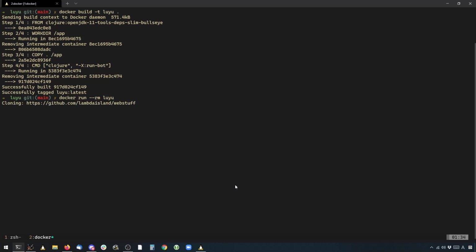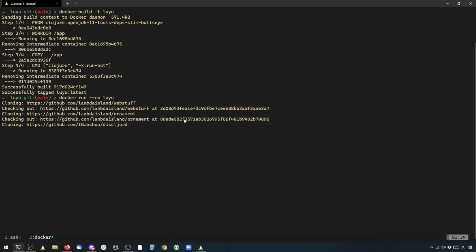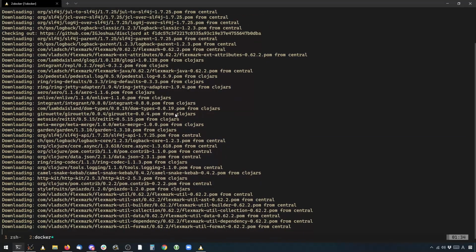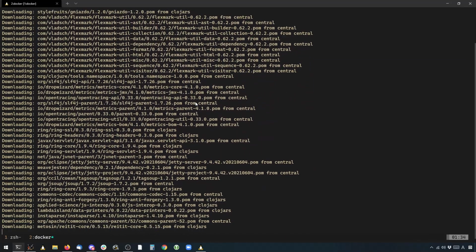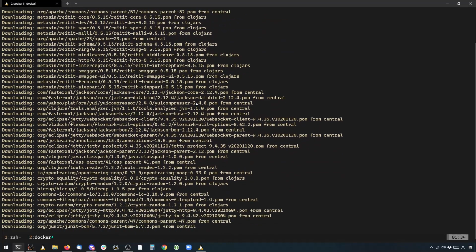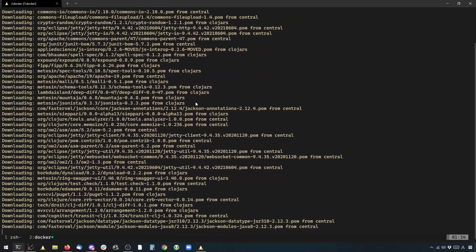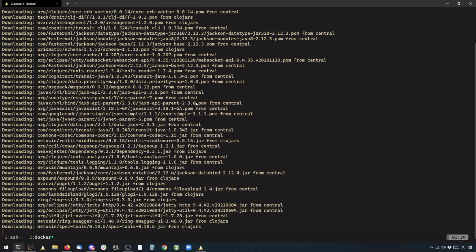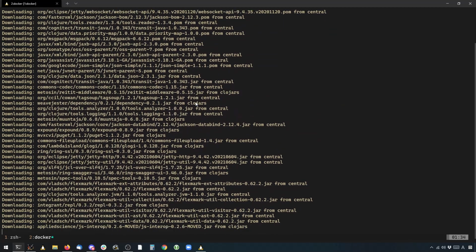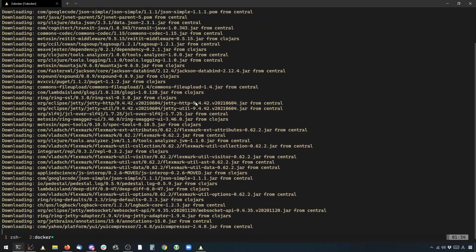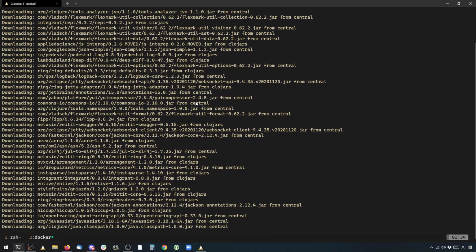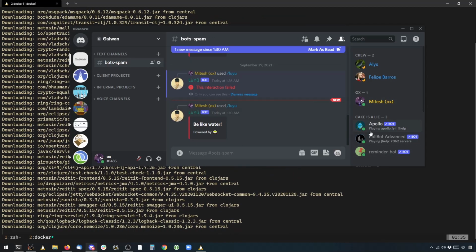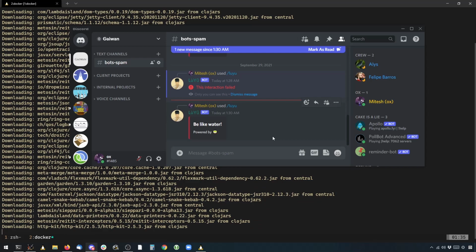So let's run it like this, and you can see here that it started cloning all of this, right? That's because there is no cache present. I've never run this command before, so Docker has not cached this particular layer. And also because we have specified the rm attribute, right? So the cache will never be persisted. It's always going to start from scratch. But hopefully once this is done, we should be able to see our bot come to life again. So our bot is not online right now. So let's wait for a minute and see.